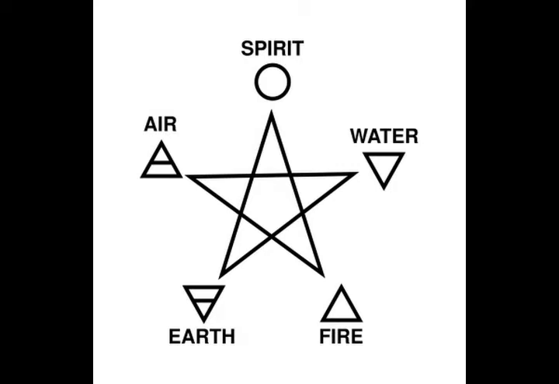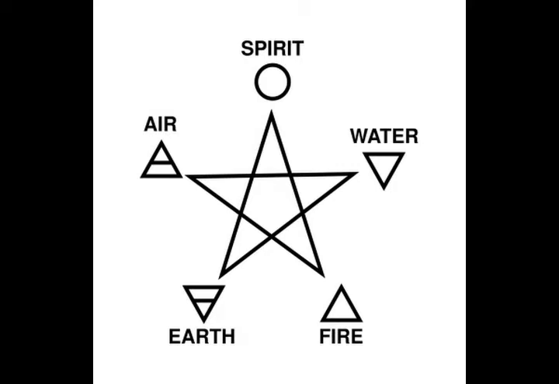Now, when you cast a circle, you usually will go clockwise in most traditions, and when you want to take down your magic circle, you go widdershins, or counterclockwise. Now, when you invoke an element, you bring the aspects of that element for that ritual. So if I'm going to